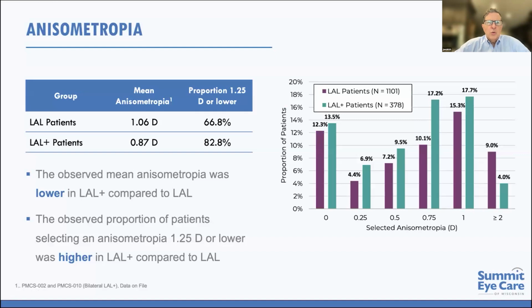If we take a look at the two groups and look at the mean anisometropia, and this would be after the full treatment and lock-in, the LAL patient's mean anisometropia was 1.06 diopters. The LAL plus patients had a mean anisometropia, or difference in the refraction, of 0.87 diopters. The proportion of patients who were 1.25 diopters or lower was 82% in the LAL plus, as opposed to 66.8%